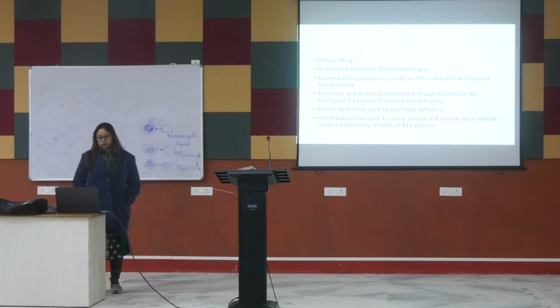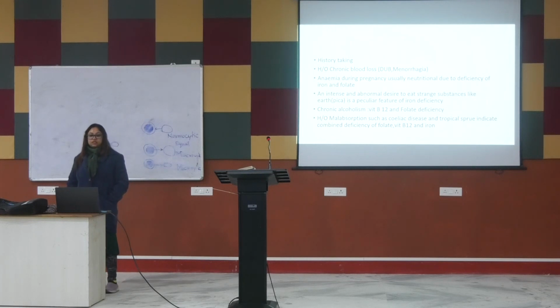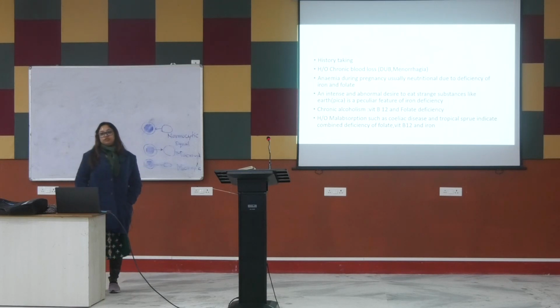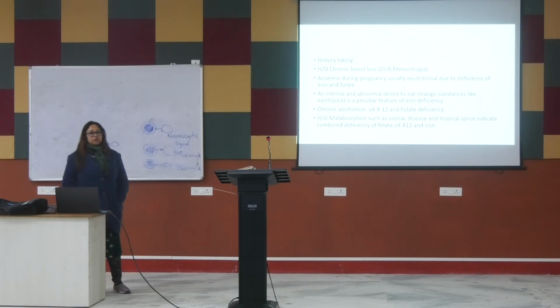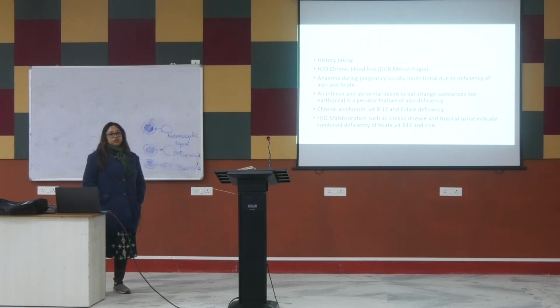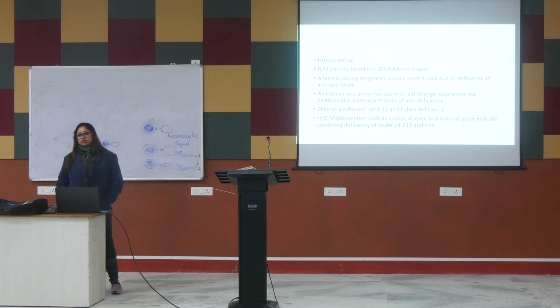And very strange thing, an intense and abnormal desire to eat strange substances like earth, মাটি খায় পেশেন্ট অনেক সময়, এটাকে বলে পাইকা, pica, is a peculiar feature of iron deficiency anemia. Iron deficiency anemia আছে এমন পেশেন্ট, এরা লুকিয়ে লুকিয়ে মাটি, চক, খড়ি এগুলো খায়, এটাকে পাইকা বলে। এটা পেশেন্টের খুব অদ্ভুত একটা প্রেজেন্টেশন, অনেক পেশেন্ট জিজ্ঞাসা করলে বলে মাটি খায়, এটা কিন্তু আয়রন ডেফিসিয়েন্সির একটা লক্ষণ, পাইকা।